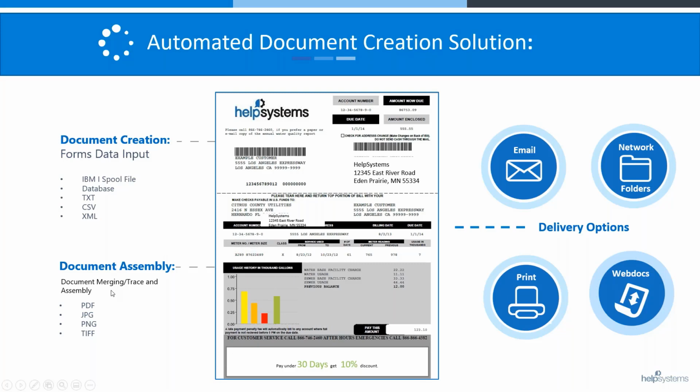Now, the document creation portion does have a couple different document creation and document assembly functions. So if you're using AFP and different kinds of technology like that today, or other forms packages out there that are Windows based or IBM i based, we can actually run natively on the i or run in a Windows application mode or mixed mode functionality inside of there. So we can take IBM i spool files, we can connect to any database. We're agnostic at the database level. We can work with text files, XML, CSV, all that good stuff from there as well,